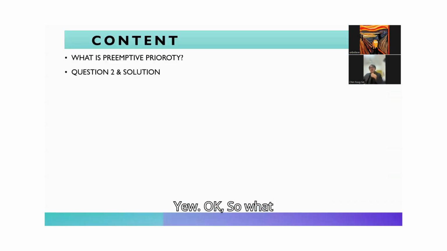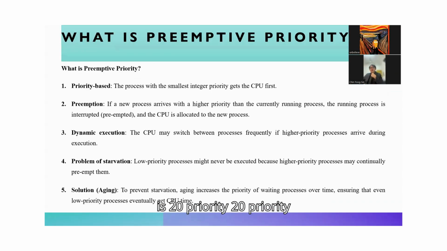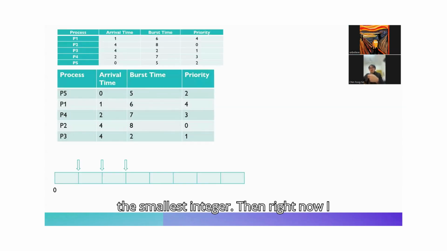Okay, so what is preemptive priority? Preemptive priority is a priority-based process, where the smallest integer gets the CPU first. For example, like 1 or 0, 0 will get the priority first because it has the highest priority, because of its smallest integer. Then, right now, I will present to you our table that is right here, provided by